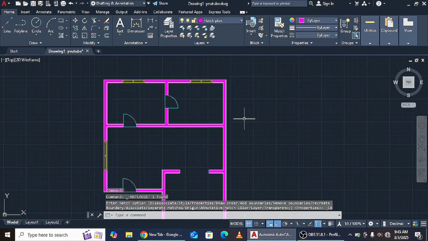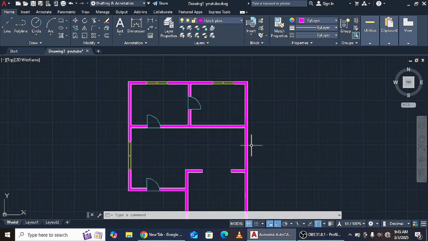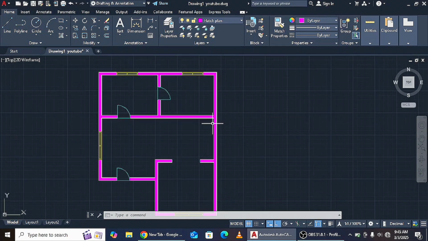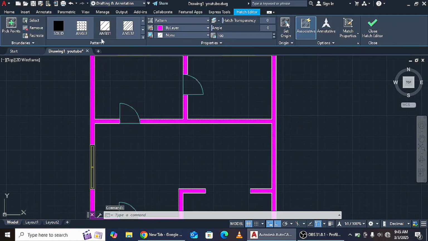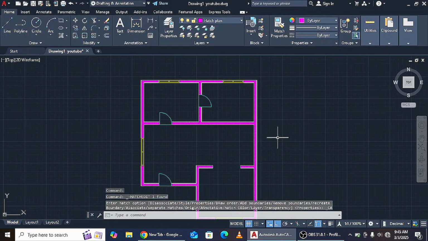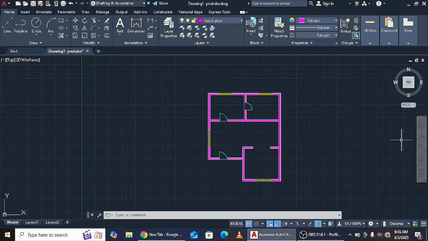Now you see once I increase the scale, we can see the hatch pattern on the floor plan. But it's still not visible until you zoom it in. So let me still select the hatch and increase the scale. Now at least it's visible. You can now say that you can see the walls clearly from the hatch. That is how we hatch objects